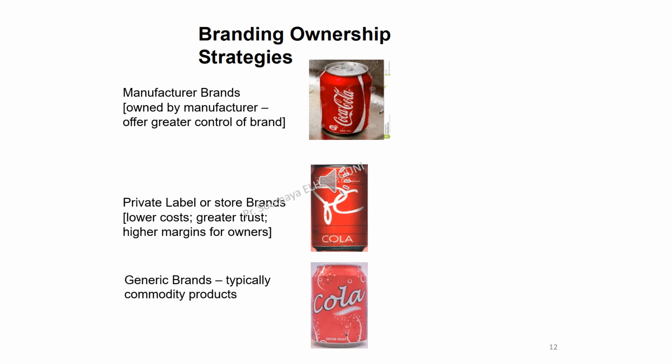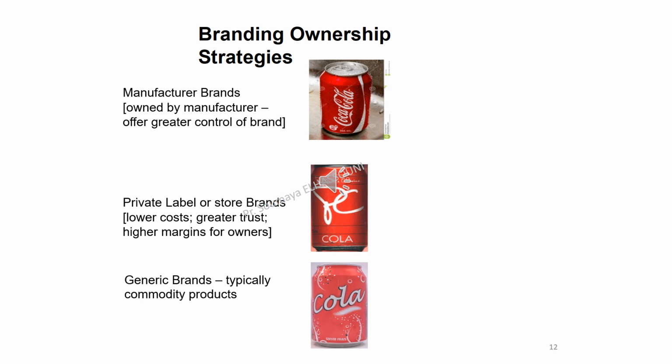All right, let's explain brand ownership. Actually, it's much more brand ownership, and it's not really a strategy. Okay, so let's explain that. This slide highlights the three main types of brands you'll encounter. First, you have manufacturer brands, then store brands, and generic brands. Each type of ownership brand plays a distinct role in the market, and we'll explore how it differs.